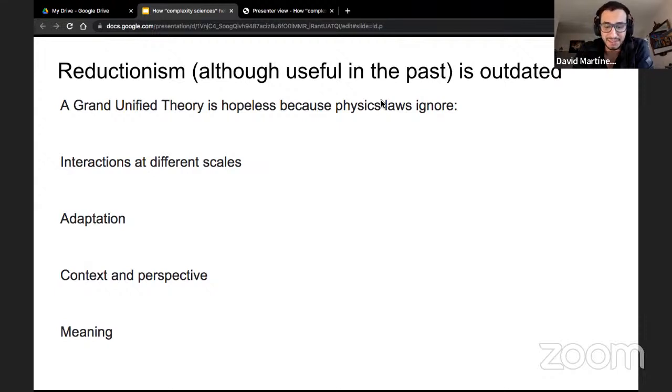In fact, we have heard many times that from the reductionist point of view, life really doesn't have a meaning. It's just the result of probability. And well, I have these alternative views, and I hope that they will be useful to you.